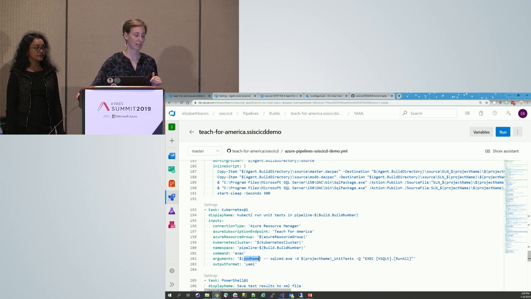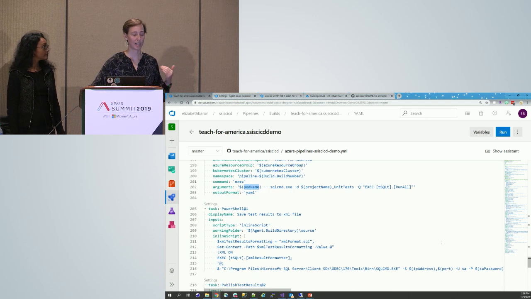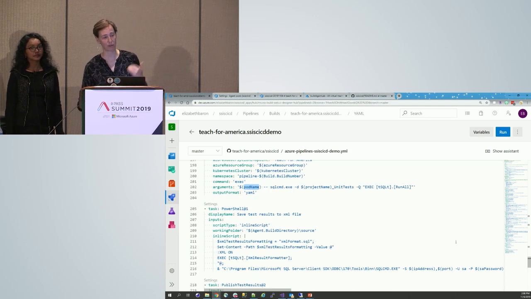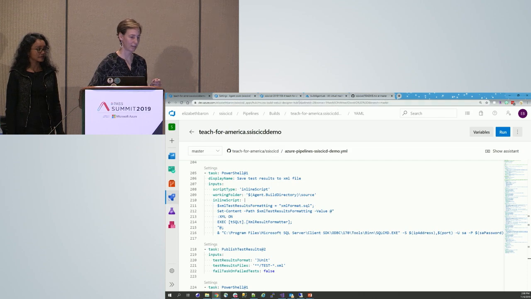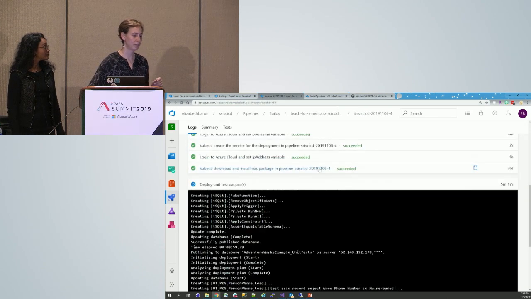And finally, actually almost finally, we are going to save those test results. Again, tSQLt is amazing. It actually creates test results in an XML file if you ask it to, so that at the end, and I'll show you this, you actually get those test results, what passed and what failed, right in your pipeline builds in a really beautiful format. That's what we do next. We get the XML files out, and then we publish the test results. Let's see where we are for our build. It usually takes about 10 minutes. Still deploying the DAC packs, but it should be done in about a minute.